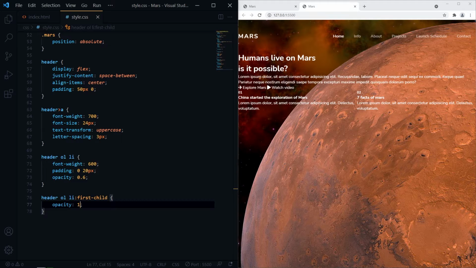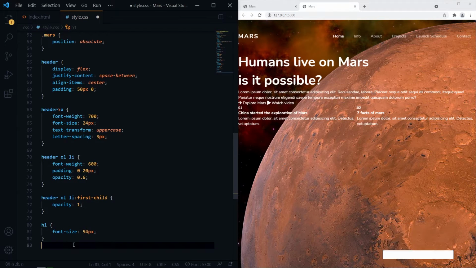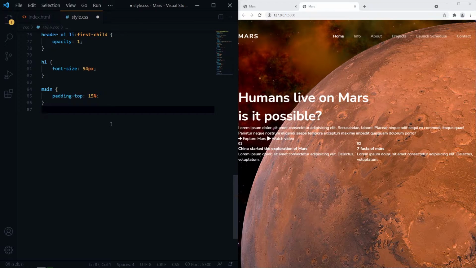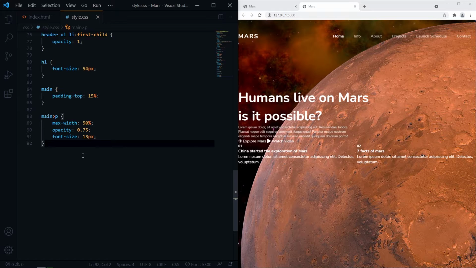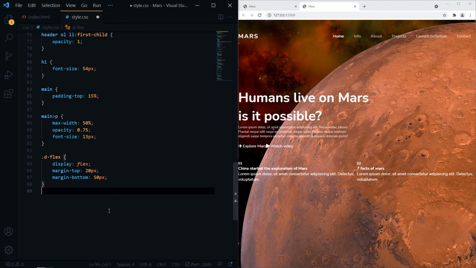Now for the contents, we need some space between the icon and contents.